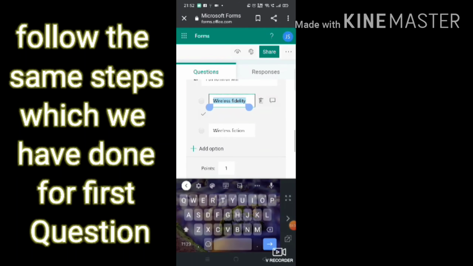Fine. And if you want to change this option, you can see the delete button is here. You can see the icon of a dustbin here. There you have to tap, and then next you can see a text box, a callout box kind of, is here. There you can tap if you want to give any message for respondents who select this answer.